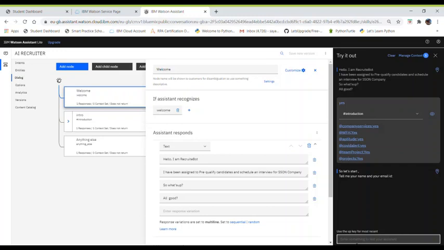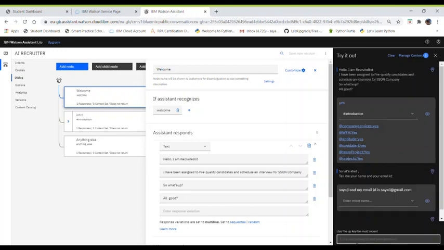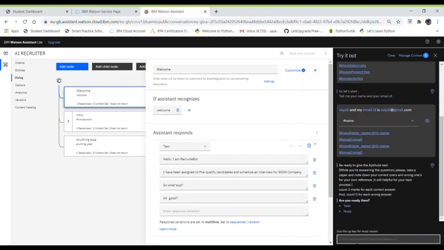So I'm giving here my name, Saili, and my email ID. See, now it replies back to me with another sentence, that is, be ready to give the aptitude test.